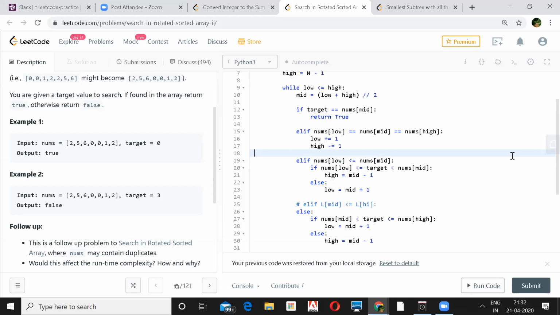Yeah, but you are not using that information. You're shrinking only if all 3 elements are equal. If the mid is different, then you're not shrinking. No, in that case I won't. Oh, okay.